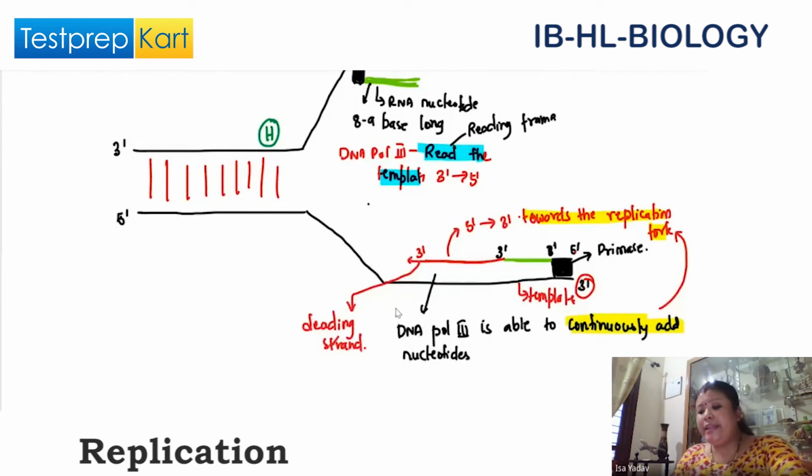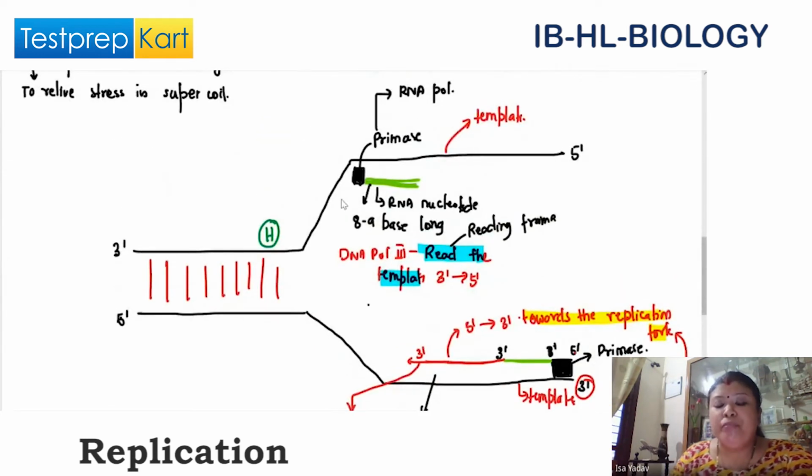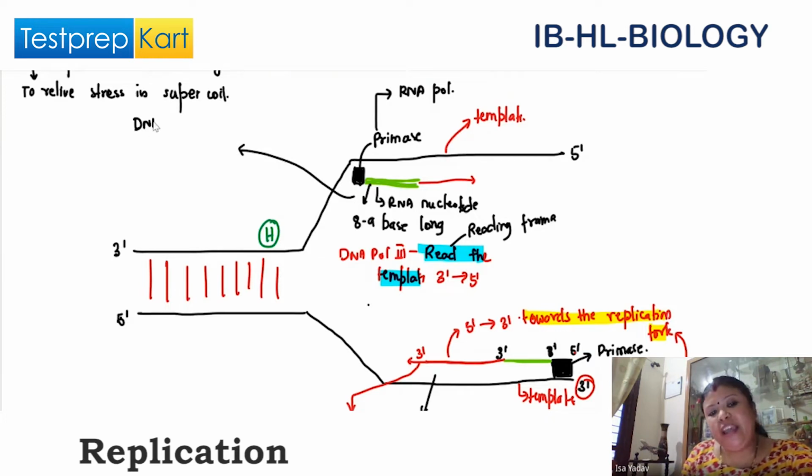All right, now let's go to the other strand. Now what you observe here is that DNA polymerase will read and will go on adding the nucleotide. But you see here, let me write here. Okay, now see what happens here. The DNA polymerase 3, what is it doing? DNA polymerase 3 is adding the nucleotide,